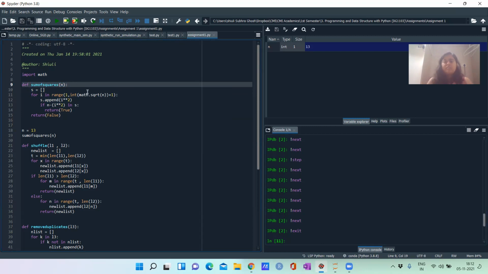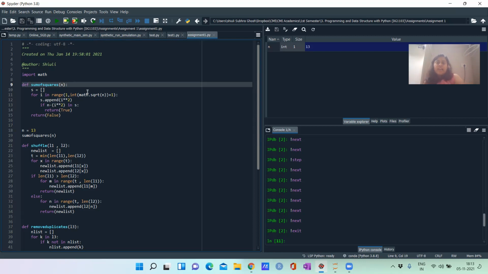So how to approach it? Okay. You need to check if it is a sum of squares. So the first idea would be to think of the brute force approach. Don't think of any kind of algorithm, because it will come later, like how to optimize your code. First, try to do the brute forcing. So you need to take two values which will add up to 13.